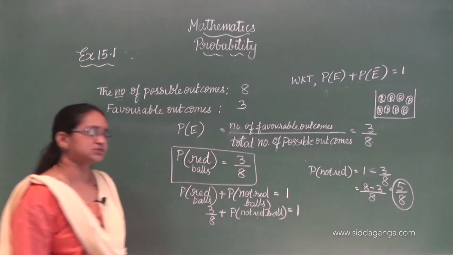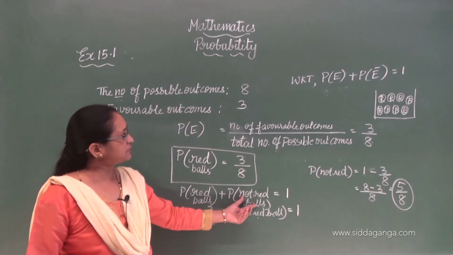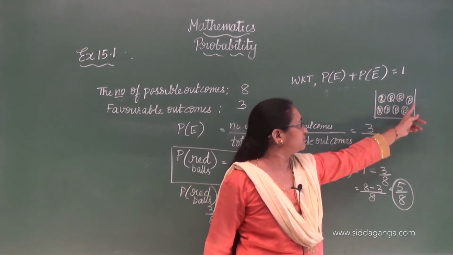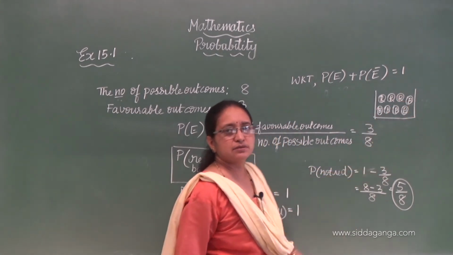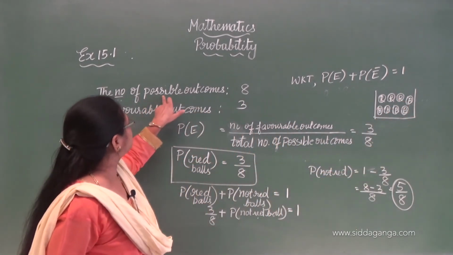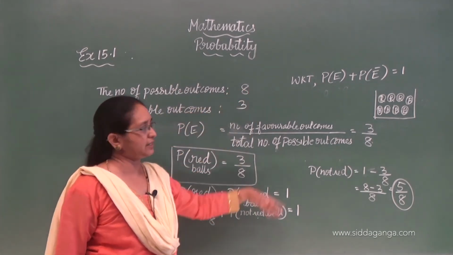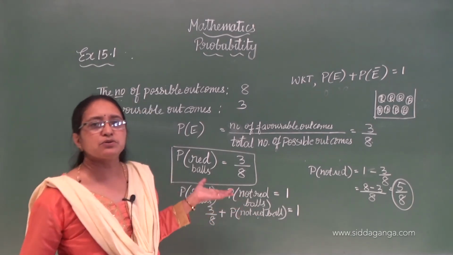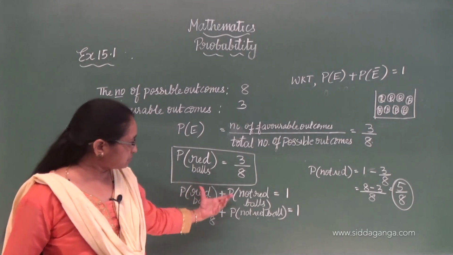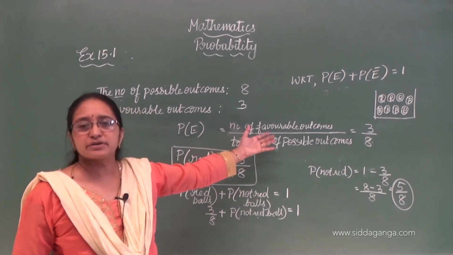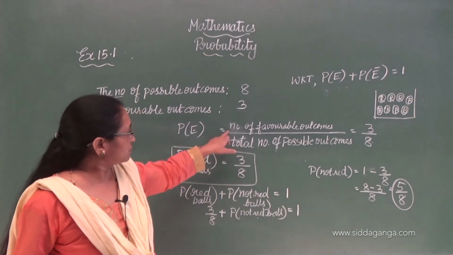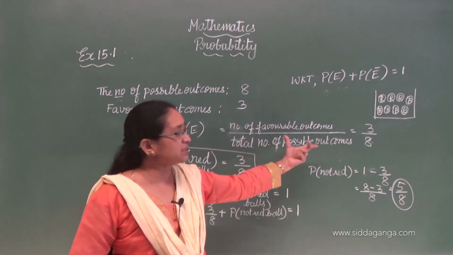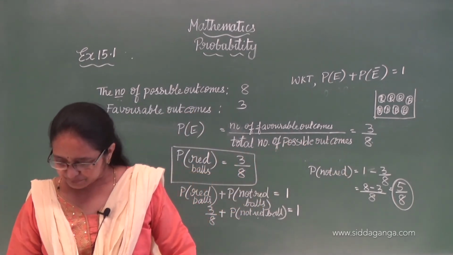See, you can use this also, or not red means it is nothing but black color. Not red means black color. 5, 1, 2, 3, 4, 5. 5 favorable, and total possible outcome is 8 only. So 5 by 8. Directly you can do, or you can use this method also. I had given one more example previously. You can adopt this method, or you can directly write 5 by 8, not red ball, favorable is 5 and possible outcome is 8, like that you can do it. Okay.